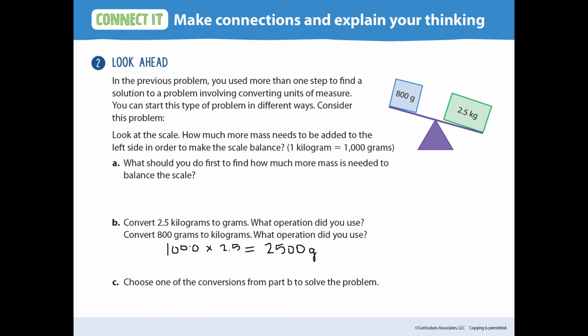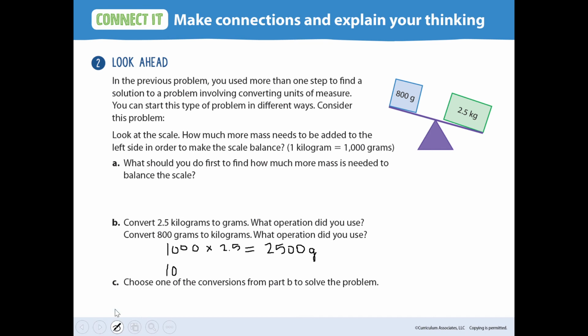Convert 800 grams to kilograms. What operation do we use? If we are going from the smaller unit to the larger one, we're going to have more grams than the number of kilograms. So we will be dividing. So 1,000,